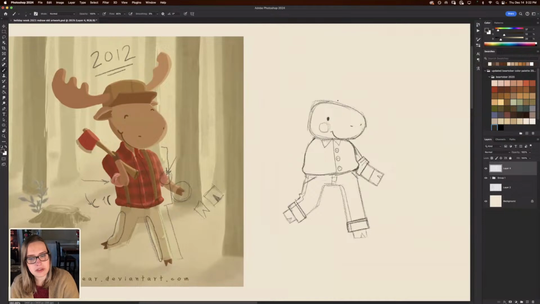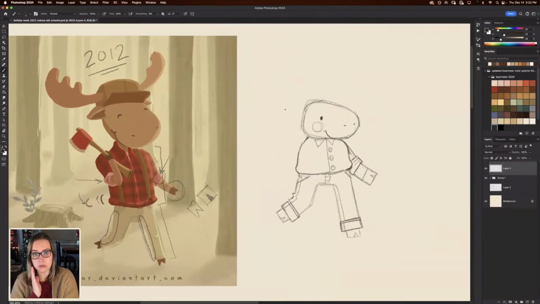I would also probably give him a little cheek right there. And then we have his ear, so that means his face is tilted a little farther in that direction, since we don't have both eyes. I could do both eyes and it could maybe work, but I think I might go with just the one eye. And then we have his little ears. They're kind of like little deer ears. Those are pretty much the same, I would say.